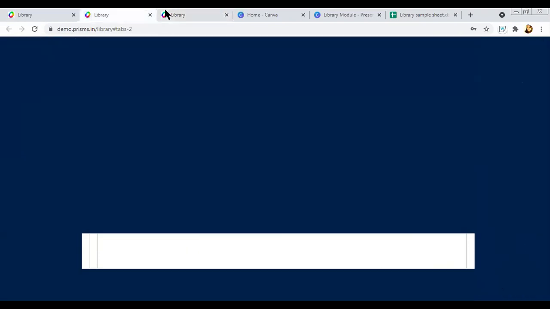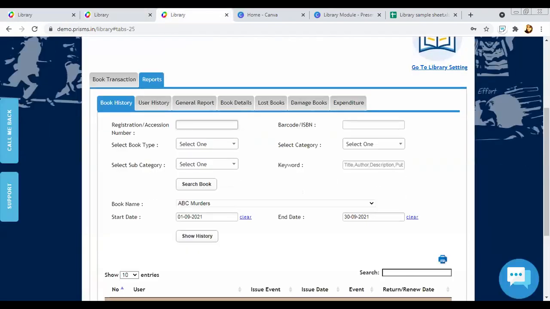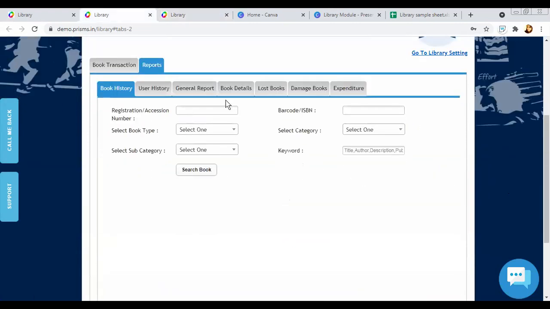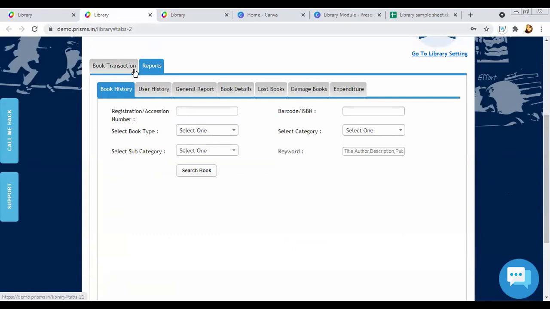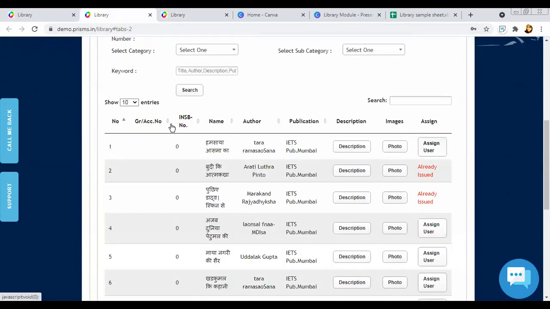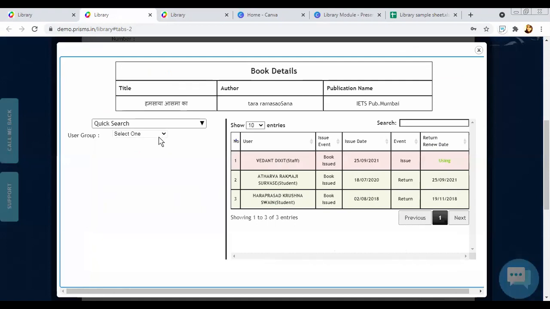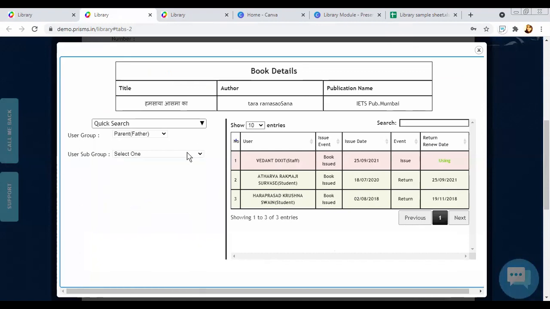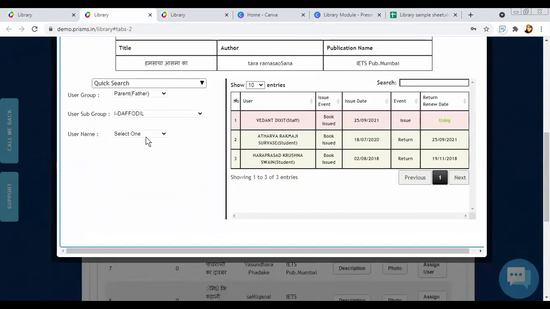Okay, just a minute. Can you come to that screen again? There was also some option for father, mother, something I was seeing there. Can you explain what that is about while issuing a book? Okay, one minute. Where did we see that? Okay, parent, father, parent, mother. Yeah, some schools also have an option where the parents can issue books. I need to select a class.